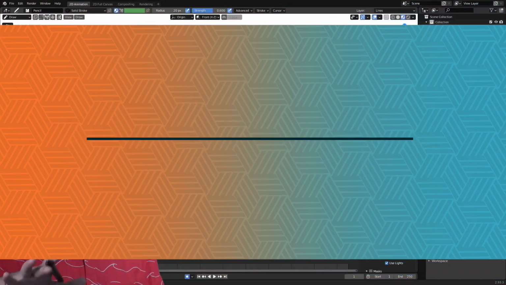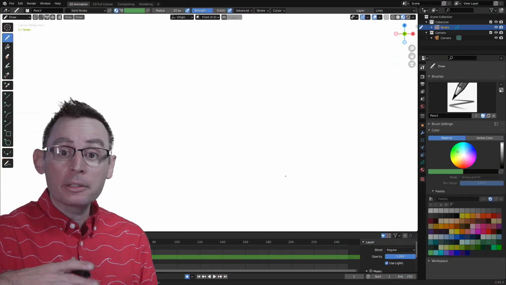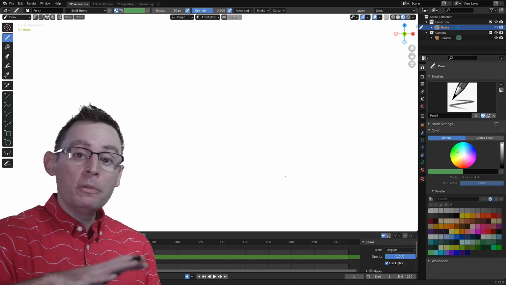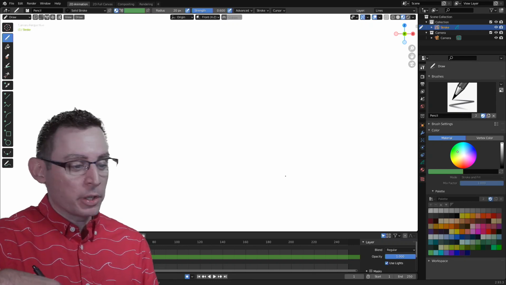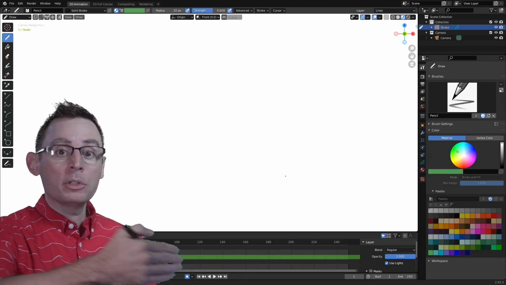I'm ready to start building one of my animations, and the first thing that I want to do is to build a little set or a scene. Now, whenever I'm drawing an animation, I like to separate out all the moving objects from the non-moving objects just to make the animation workflow a little bit easier. In addition, it also allows me to work from the back of the scene going to the foreground.